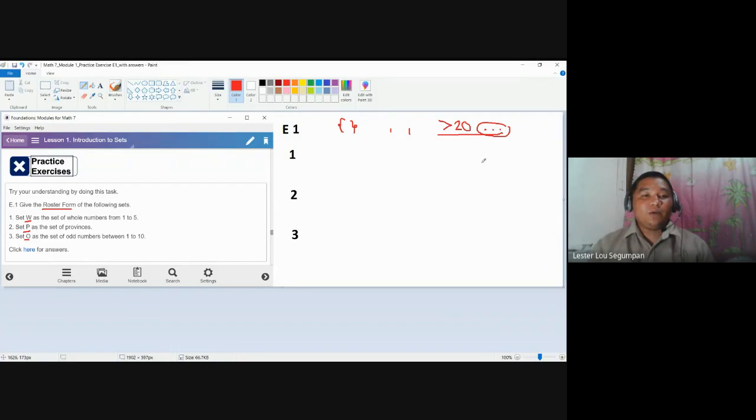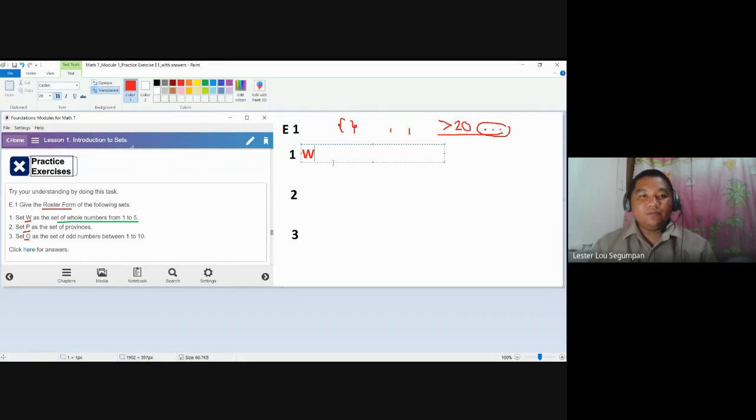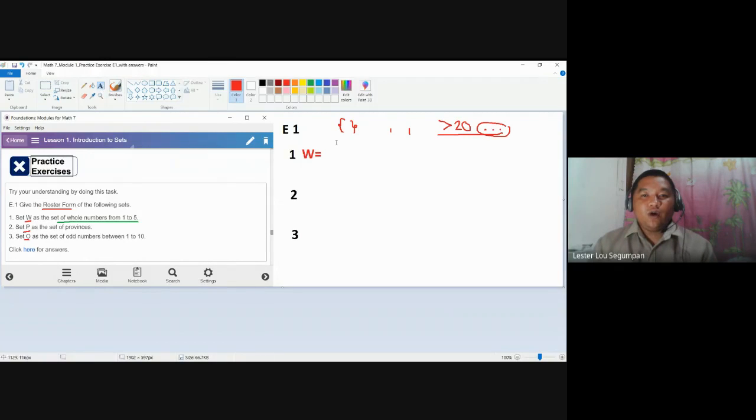So let's start with number 1. Number 1 talks about the set of whole numbers from 1 to 5. When you say whole numbers from 1 to 5, it now includes 1 and 5. So to write this, let's start with the label W is equal to, use open brace, and then you place there the elements.